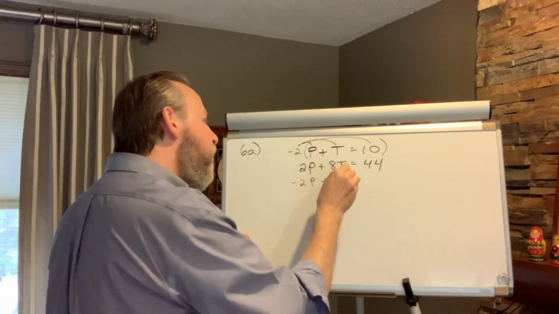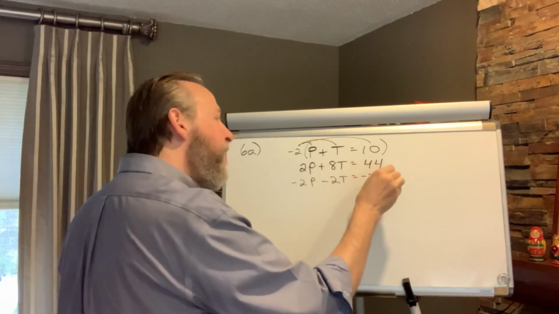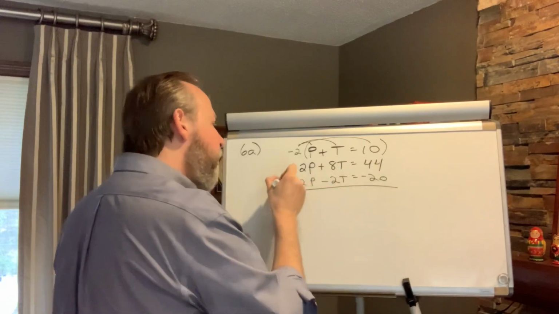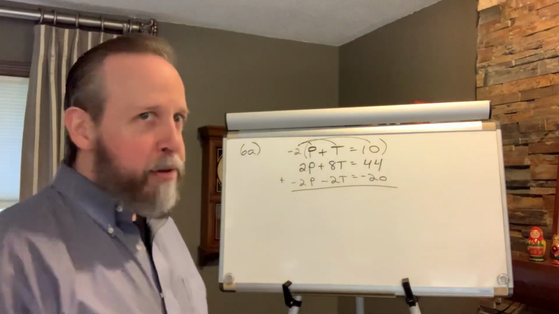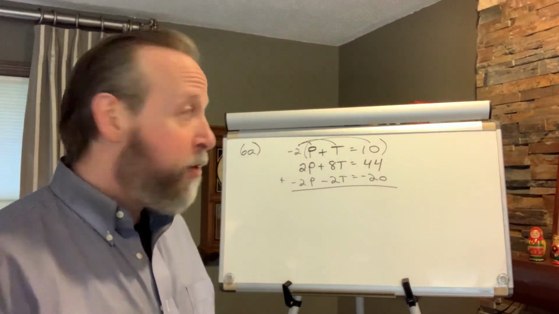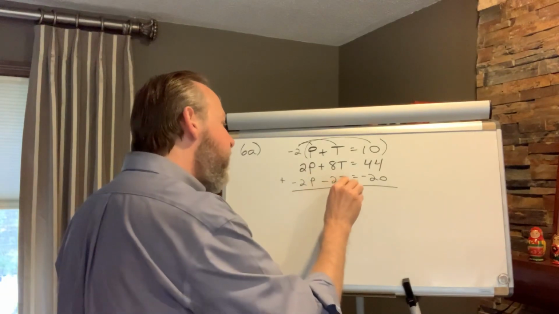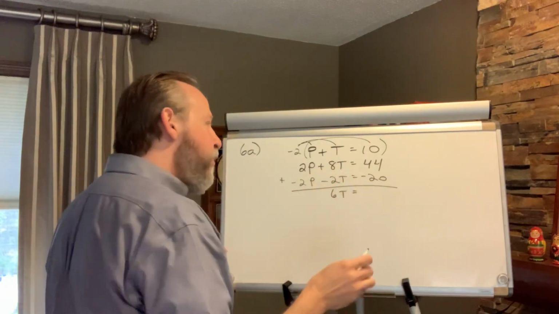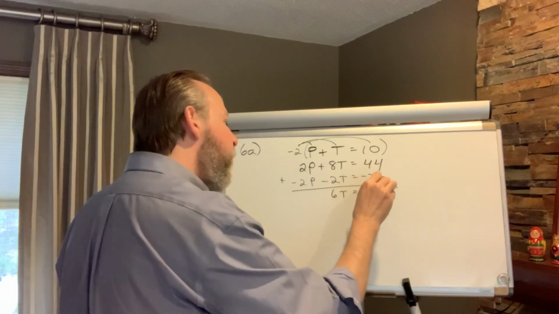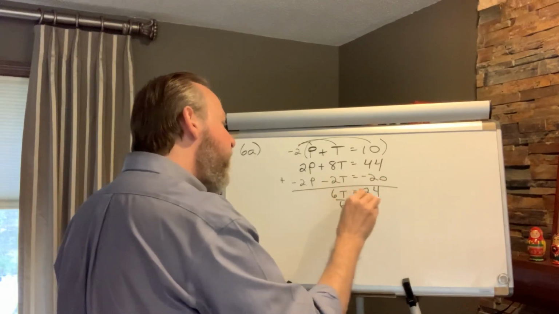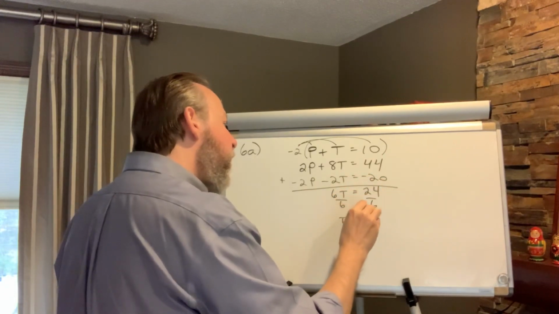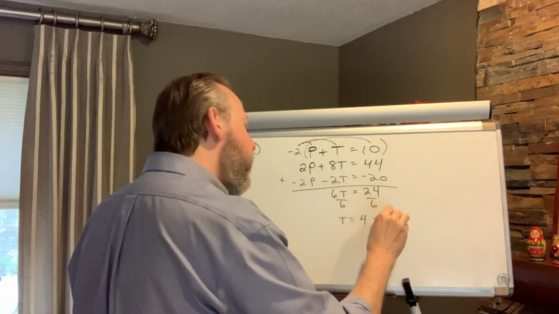-2p minus 2t equals -20. And now I'm going to add. Now the 2p plus -2p cancels out, which was the point. 8t plus -2t is 6t. 44 plus -20 is 24. We divide by 6, and we find that there are 4 tarantulas